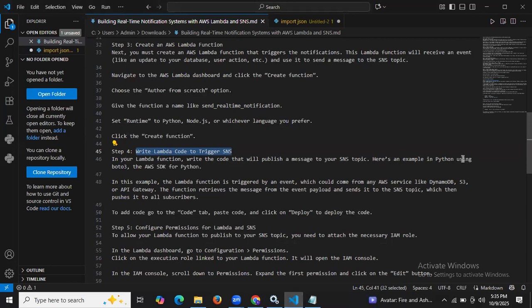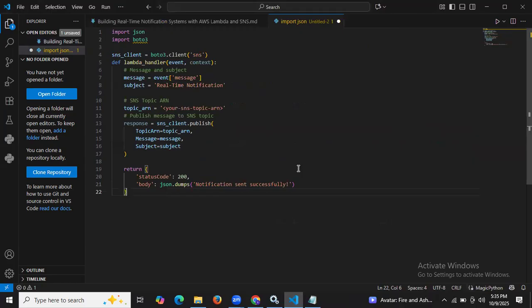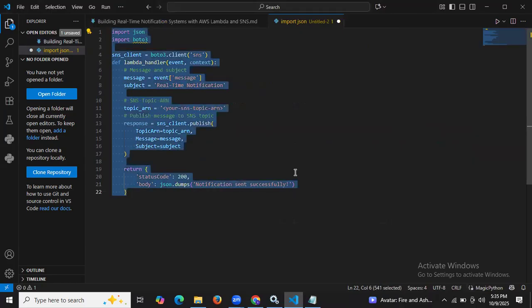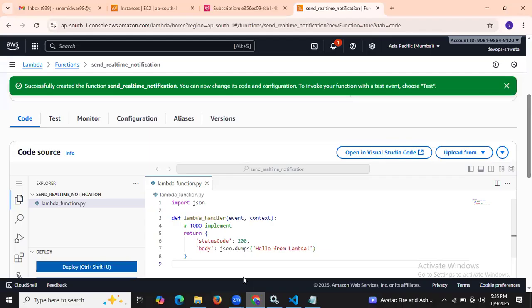So here is an example in Python using the AWS SDK for Python. Let's copy. You can see in this example, the Lambda function is triggered by an event which could come from any AWS service like DynamoDB, S3 or API Gateway. Then the function retrieves the message from the event payload and sends it to the SNS topic, which then pushes to these subscribers. Okay, so let's go to this code